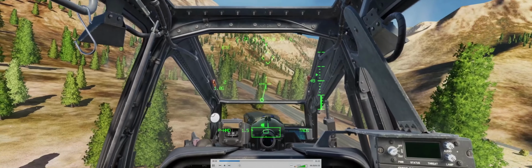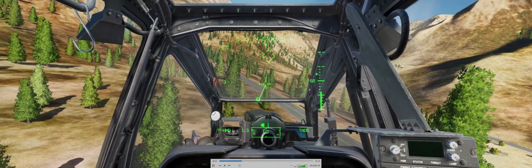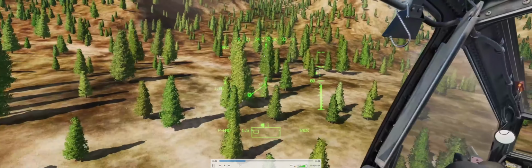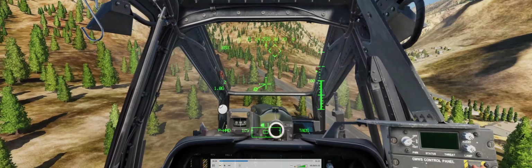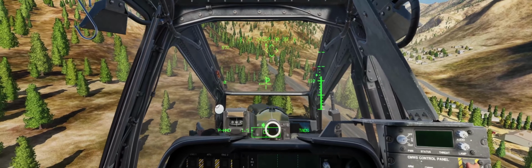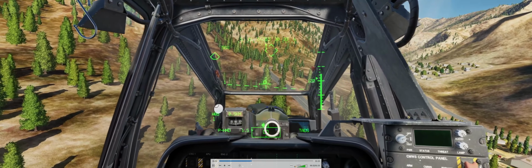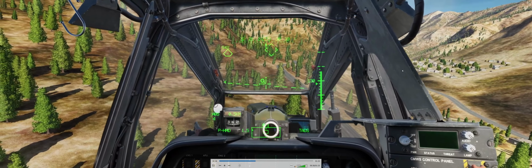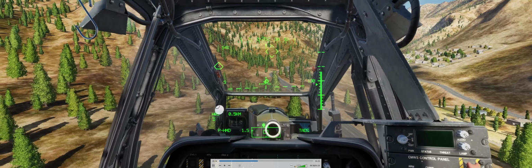There's 84% torque available, so we know we've got OGE hover power available, so we're just going to go straight up, altitude over airspeed, and then pitch forward. And in my head, what I'm going to do is maneuver up the valley a little bit, and then essentially do a sort of zero airspeed hovering reposition down the road